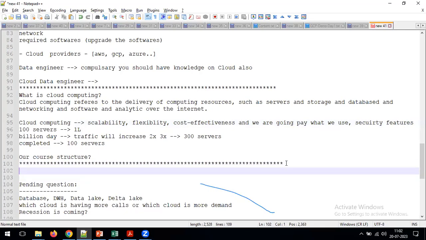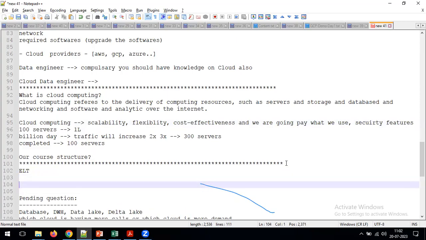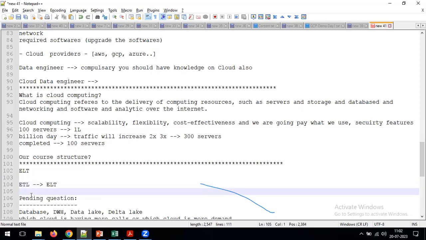Okay, if there are no questions, I will quickly discuss one more topic here, which is ETL. Earlier we discussed ETL. Now we need to understand ELT also, because nowadays some people are hearing about this ELT. Sir, we discussed ETL, then what is this ELT? Any guesses, team? E for extraction, T for transformation, L for loading. Already you know the meaning of each letter.